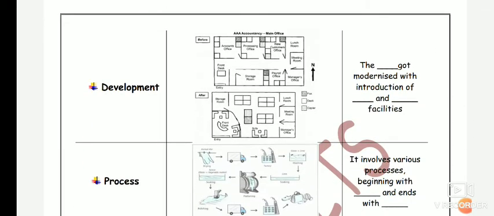Okay, then next is the development chart. As you can clearly see in the development chart, they will give you a particular picture of a place. The place could be a building, or it could be any particular area where a little modification has occurred. The modification could be regarding the past or maybe the future, depending on it, and you have to write a comparison of both pictures.